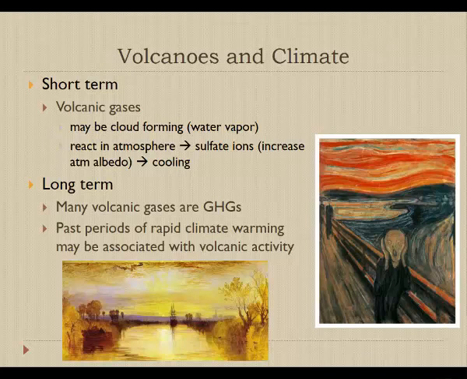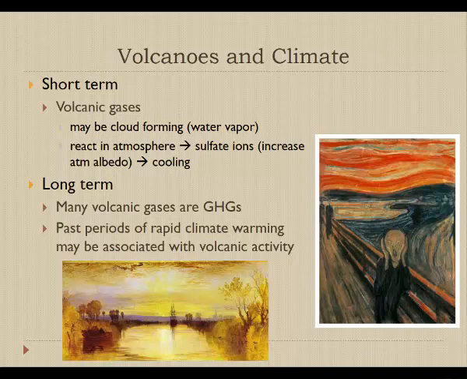And so if we have periods of high volcanic activity on our planet, we may have an increase in greenhouse gases like carbon dioxide, but also sulfur dioxide in our atmosphere. And as we've discussed in the past, that can cause an overall warming of the temperature of our planet